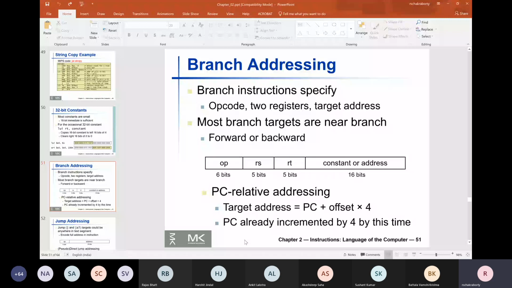How are these values accessed? The collection of all these mechanisms are called the addressing modes that are supported by that instruction set architecture.